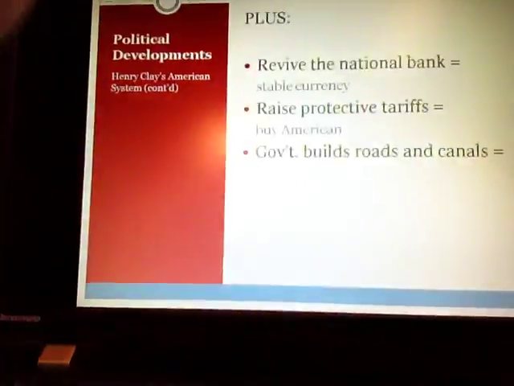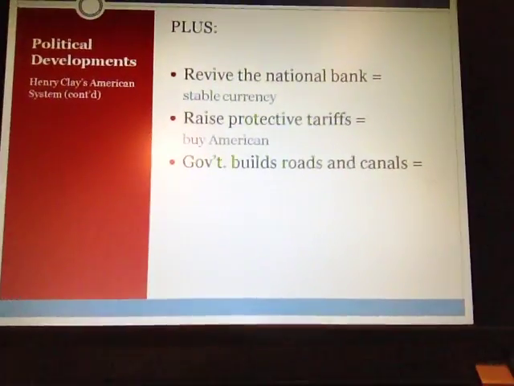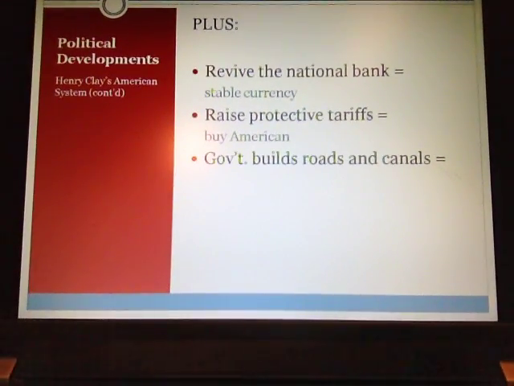So what Henry Clay figured out is, you know what, we need to quit having private citizens build roads and sit on them and charge tolls. We need the government to build roads. And then there'll be more roads, and those roads can be inexpensive for the people trading on them, and so that won't increase the price of goods. Okay? So, roads and canals, government built, big part of making a vibrant economy. Okay?